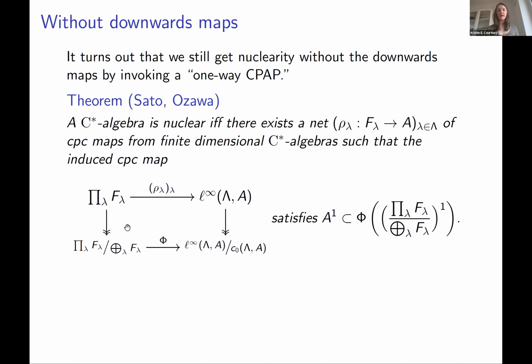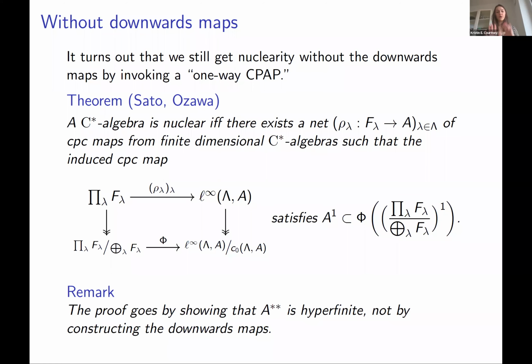And it really has to do with looking at the image of this induced map, capital Phi, and looking at the canonical image of A sitting inside of its so-called sequence algebra, and just making sure that the unit of A is going to land in the image of the unit of the product mod sum quotient here. When one looks at it closely enough, you can see that our structure actually very, very naturally fits into this setting. And this theorem gives us exactly that the C-star algebras are nuclear.